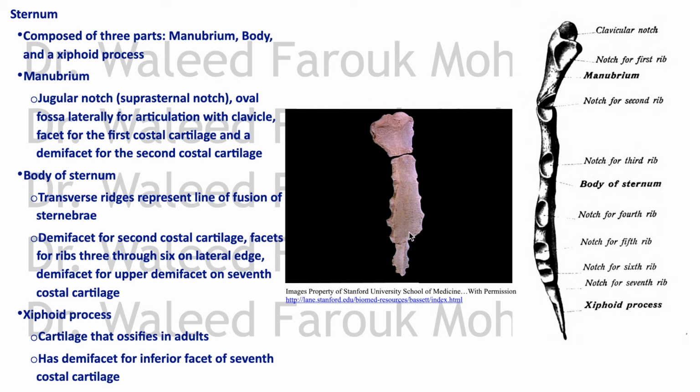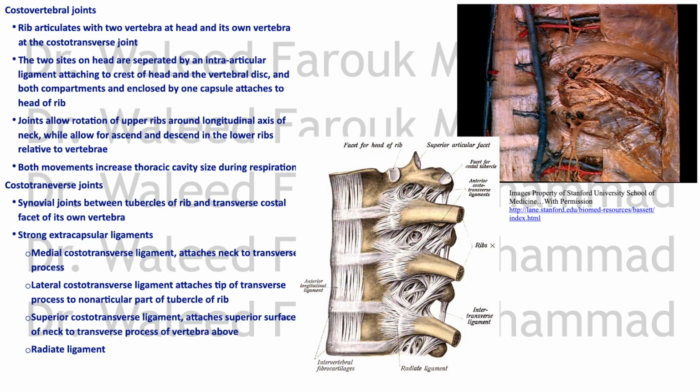The body of the sternum also, before we leave it, has a demifacet here and a demifacet down for the seventh rib, because the seventh rib articulates with the body of the sternum as well as the xiphoid, in two places. That's easy, you will not get confused. Okay, about the costovertebral joints,